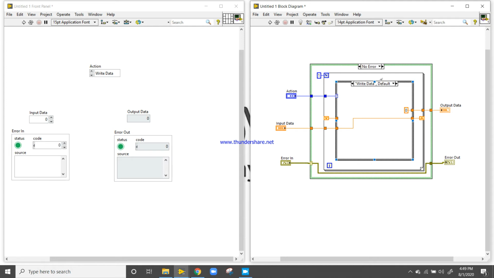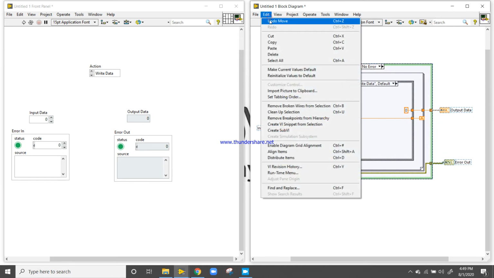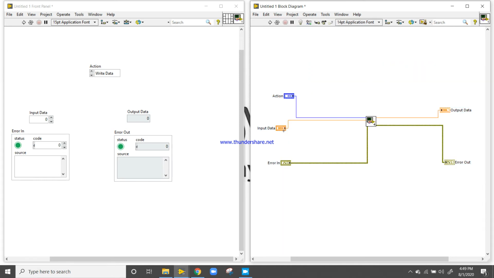For that, select all, then Edit, Create SubVI.